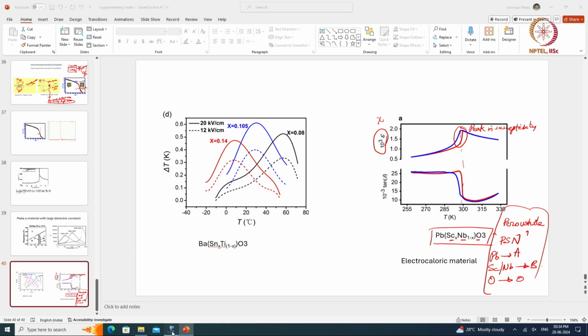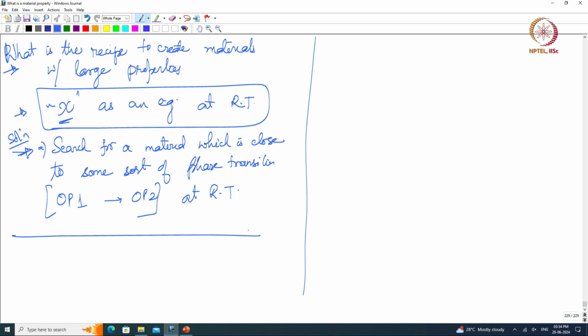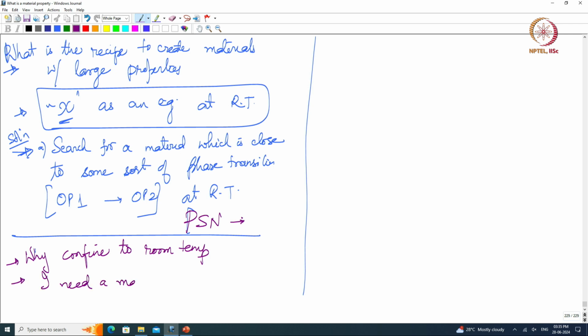But why only confine yourself to room temperature, right. So, let us expand the problem. Why confine to room temperature? So, PSN is a solution. Let me write the solution in this color. But why confine to room temperature? Let me say I need a material, or I need to design a material with large susceptibility